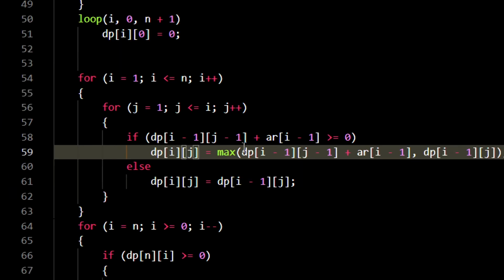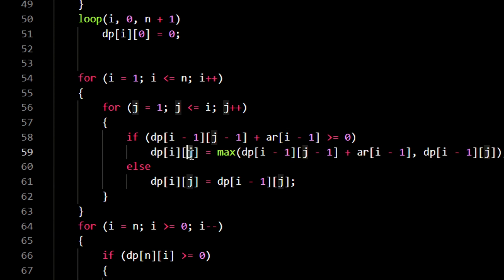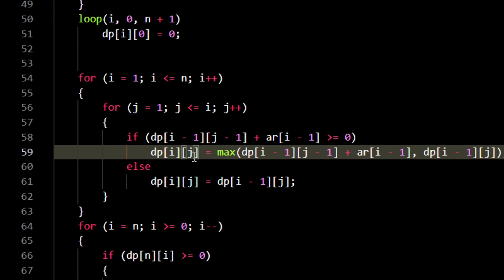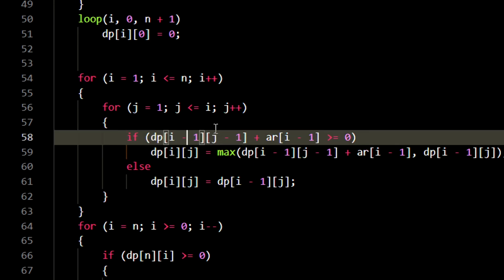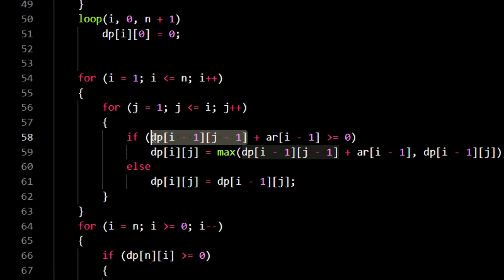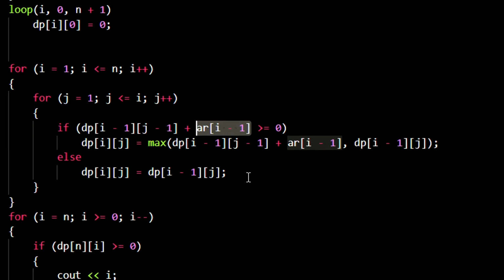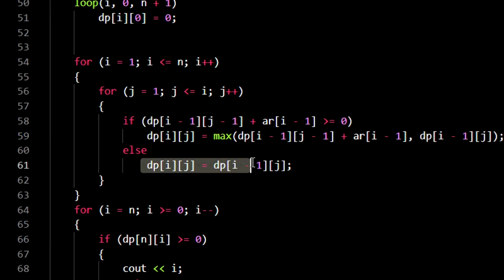Let me zoom it a little bit. So now if I'm considering the case for i comma j, that is till the ith portion I have to drink j cans. Now to check that condition whether I would take this or not, I would firstly check till the previous can, how many cans I have drunk, and the maximum health value which I have attained through that. If after adding this my health is positive, or rather non-negative, then I have the possibility of either drinking that can or just ignoring that can. This is just the ignoring part, and this is I'm definitely not considering that.